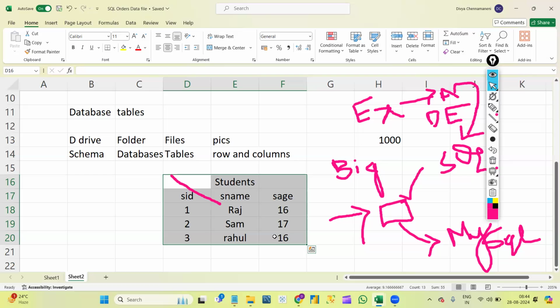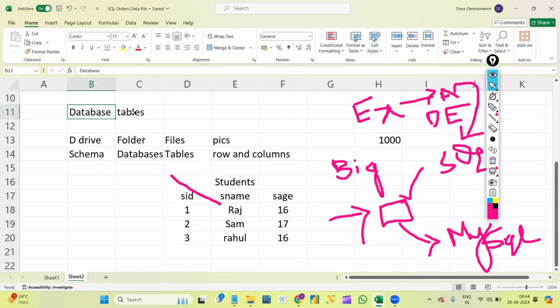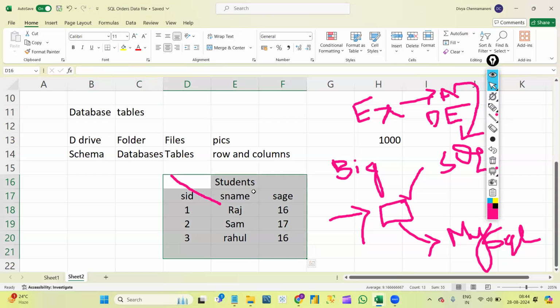Madam, what does a SQL developer mean? What do they actually do? They will maintain the databases. This is the database, right? As I am saying, inside the database we'll create tables, and inside the tables we will create all the data, correct?